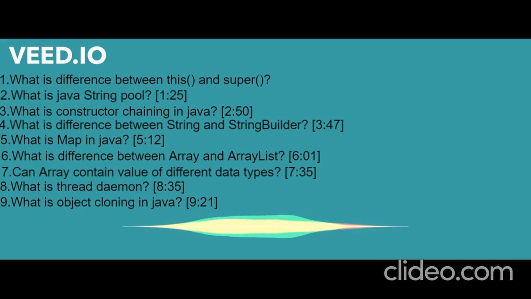But in array list, size is not fixed. There should be some load factor. By default, we have some value of that, or we can also change it. So what will happen if the number of entries and elements in that list increases more than the load factor, then it will increase the size too. So this is something dynamic. So array list is dynamic and array is static. So that's the main difference.